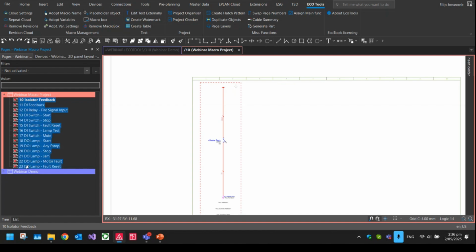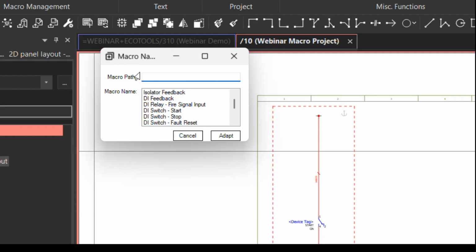So I'm going to select all of my pages, and I'm going to use adopt macro name up here. If I just zoom in so you can see, these are all the macros that I have selected. This also works for page macros as well, not just window macros. I'm going to choose a path, let's say demo path. I'm happy with that, demo path. And if I go adopt,